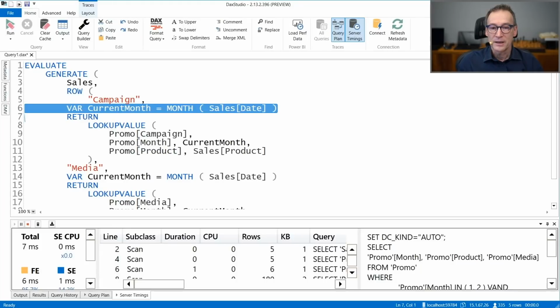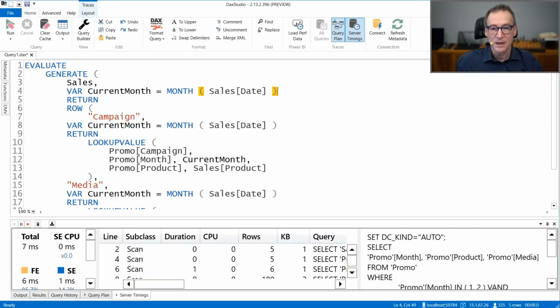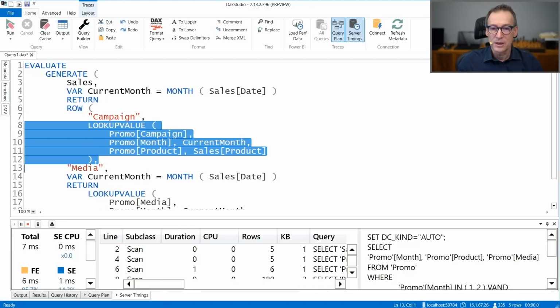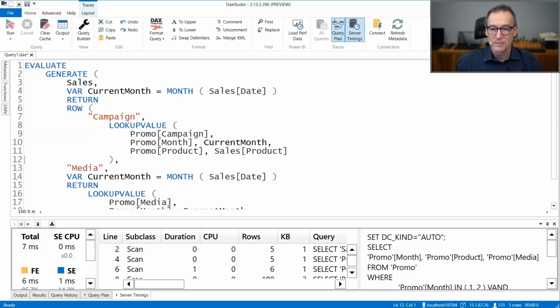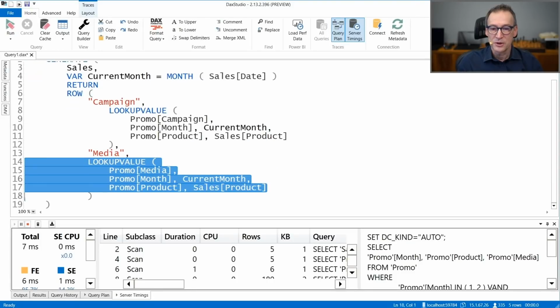Yeah, but I can take the current month and compute it earlier. Now I have a variable that contains the current month, and I can use my lookup value here. Then I use media.